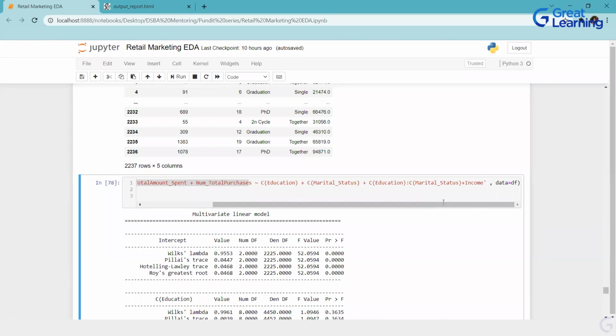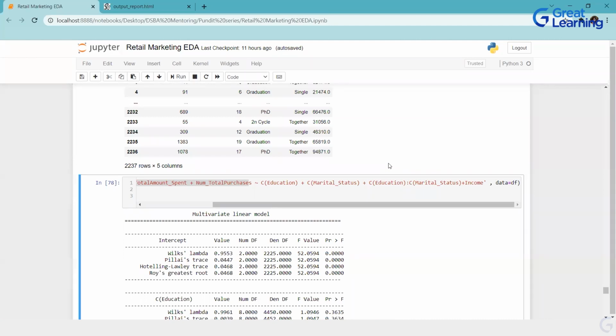Okay. Ma'am, could you please highlight the hypothesis again for ANOVA? Can you please explain the insights using this? Okay. What is the null hypothesis that you have for MANOVA? MANOVA says that for two dependent variables taken into consideration, that is the total amount and the number of purchases made, they are independent of different categories of education. They are independent of different categories of your marital status. They are independent of your income and all these things. It is totally independent. That's the null hypothesis.